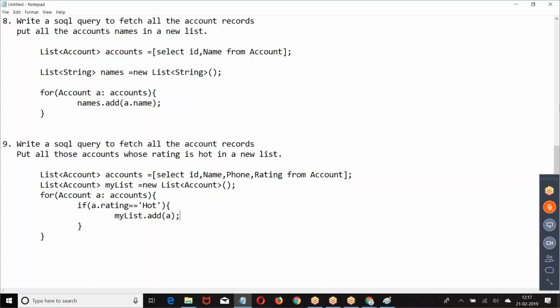Now what I'm doing, I'm putting all those accounts whose rating is hot in a separate list. Please don't copy, make an attempt.